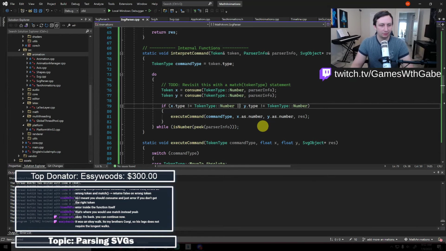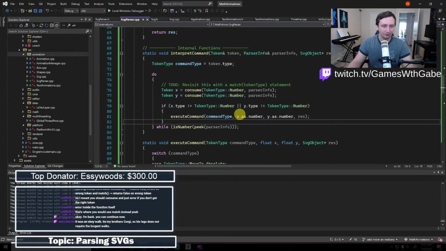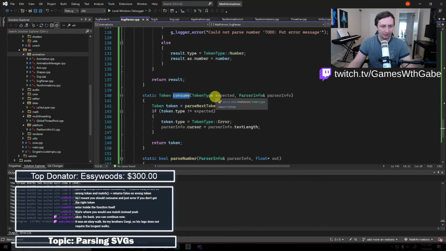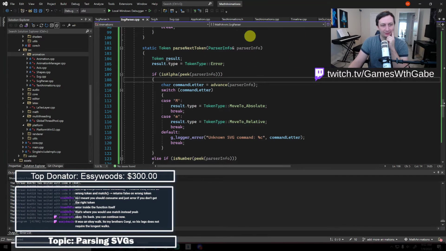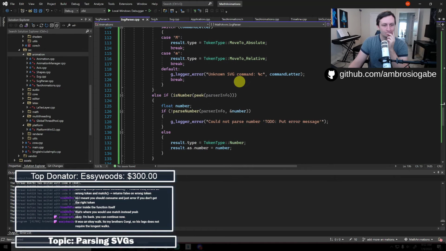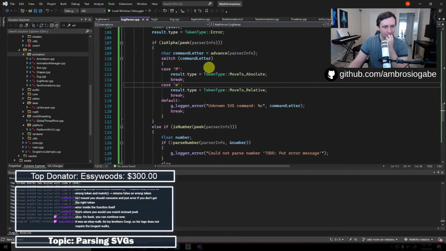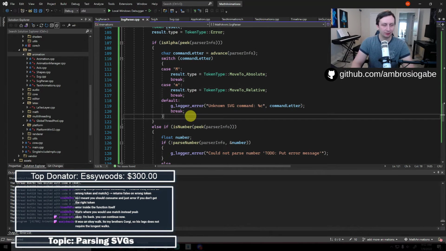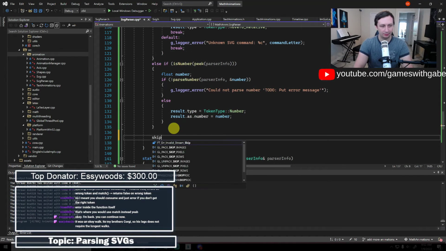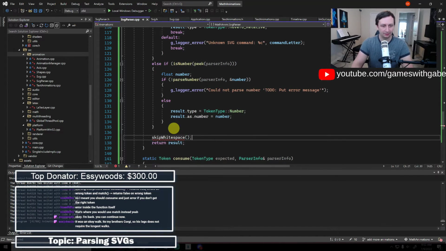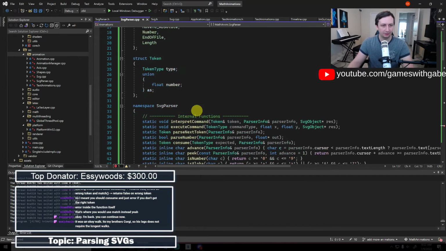And then while it is a number, this will consume a token. And I guess what parse next token will do is skip the white space after the token. So I'm basically going to say skip white space at the end of this. Okay, I like this. This should be fine.